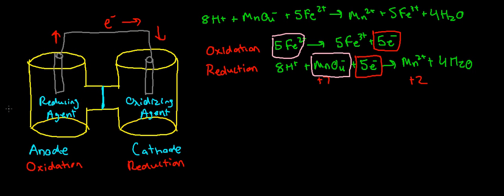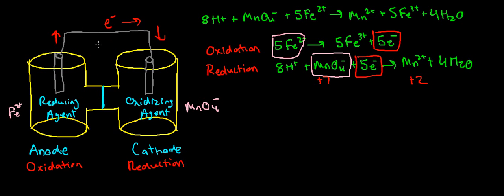In the galvanic cell, the reducing agent is over here, and the oxidizing agent is over here. Since all that's needed are electron transfers, what's added is this wire, and this